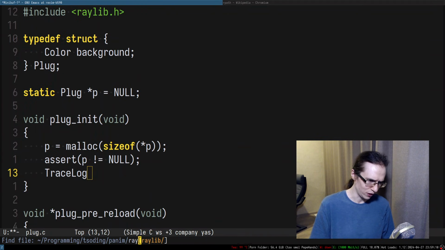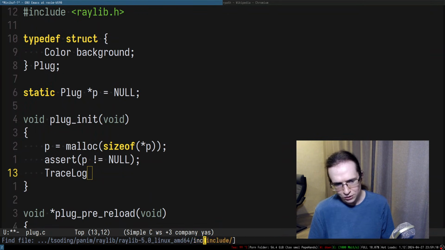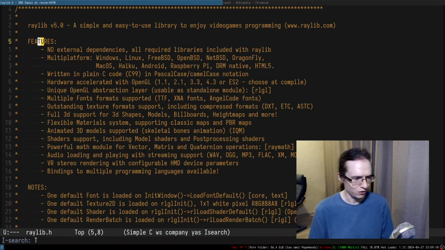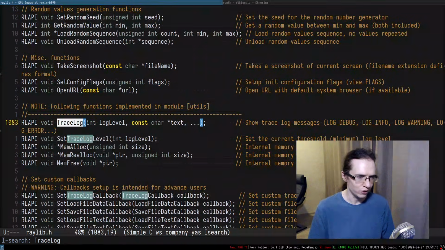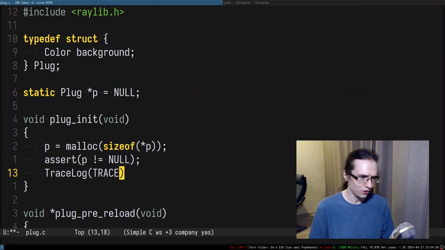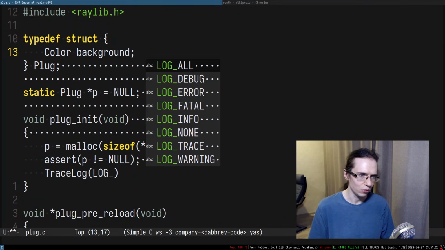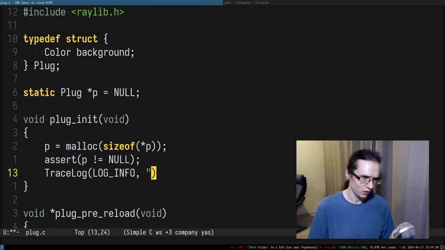So if I remember correctly, somewhere in Raylib, let me take a look at the includes, let me take a look at this kind of stuff, trace log. Is this how you do that? Where is the trace log? Yeah, there we go. And yeah, we have to provide trace info, I think. Is it info? I don't remember. I think it's a log info. Yeah, it's a log info. And we're gonna say initialized